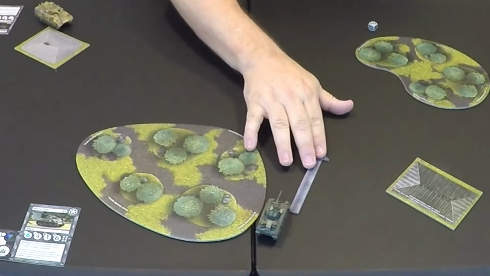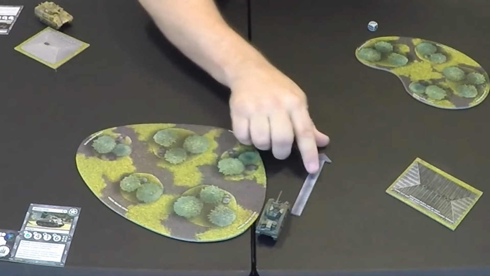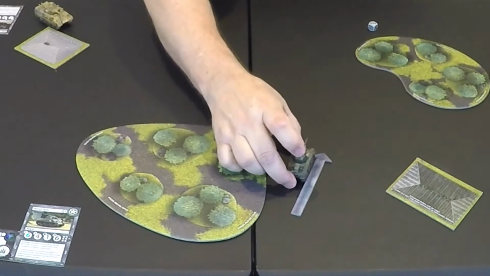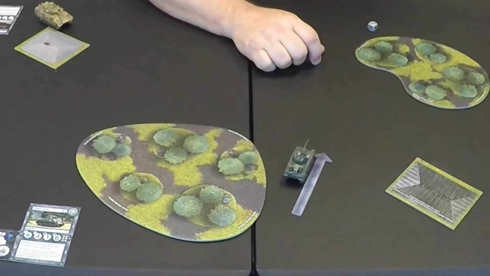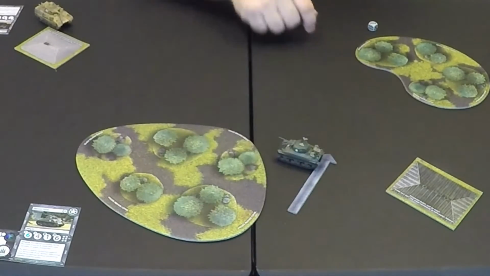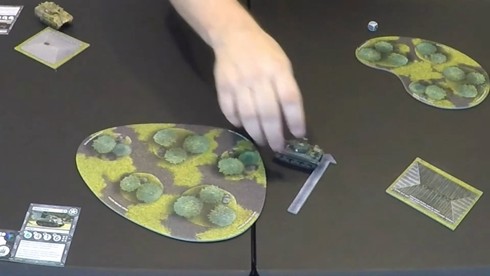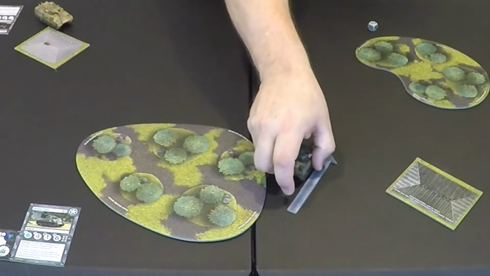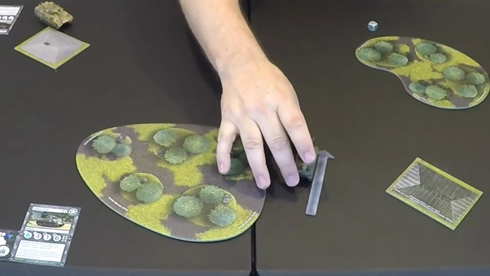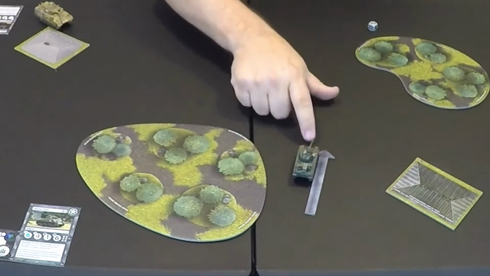So he can move once, he can move twice, and you're going to stick your moving arrow at the base of your vehicle. You're going to move it up to the top of your vehicle. That's a movement. Doesn't matter what type of tank you are. The movement is the movement. And you can also then choose to change facing at the end of your movement as well. Movement is about as simple as you can get, and it may be the biggest